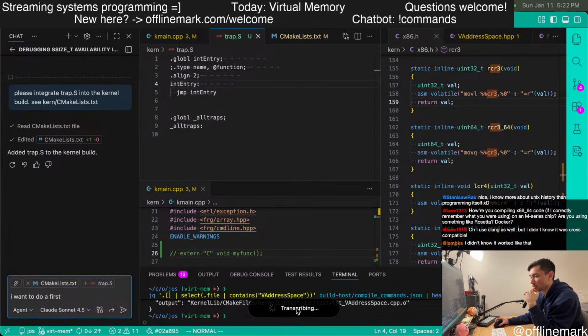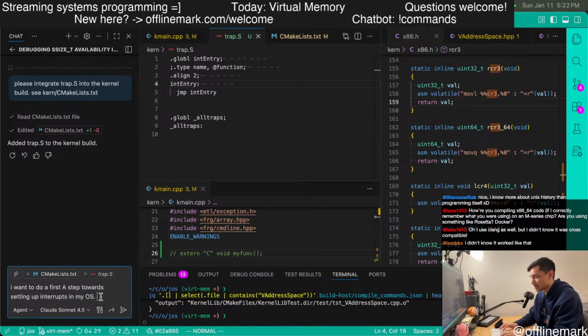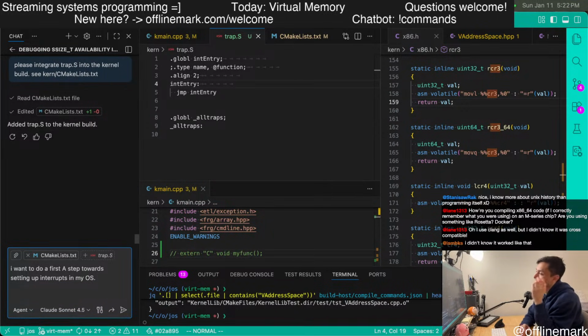Trying this thing called HyperWhisper. It's a little bit slower than Whisper Flow. So